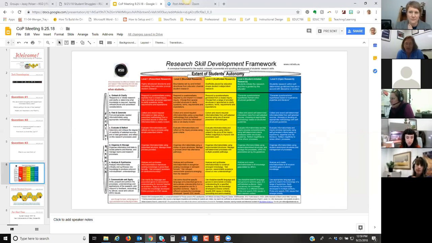Students are not good at looking at the whole framework, and they're not good at self-evaluating their own skills on research. When I tried that in class, I made it very explicit. Here's where we are in the RSD framework. Here's the assignment relative to research. Here's what I'm asking you to do. The highest level was probably bounded researching. Maybe if you stretched it, scaffolding.